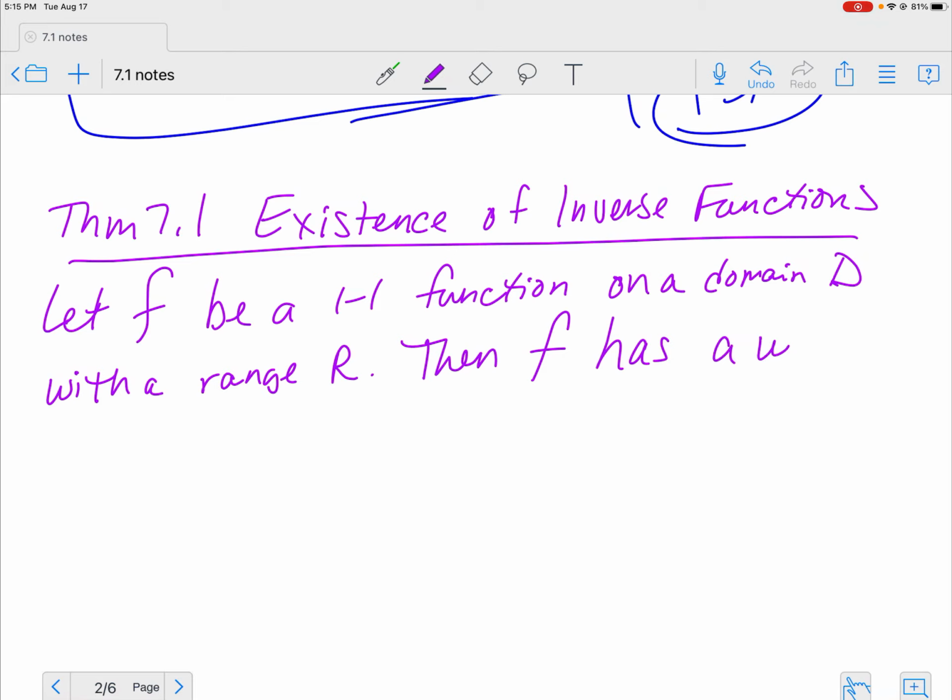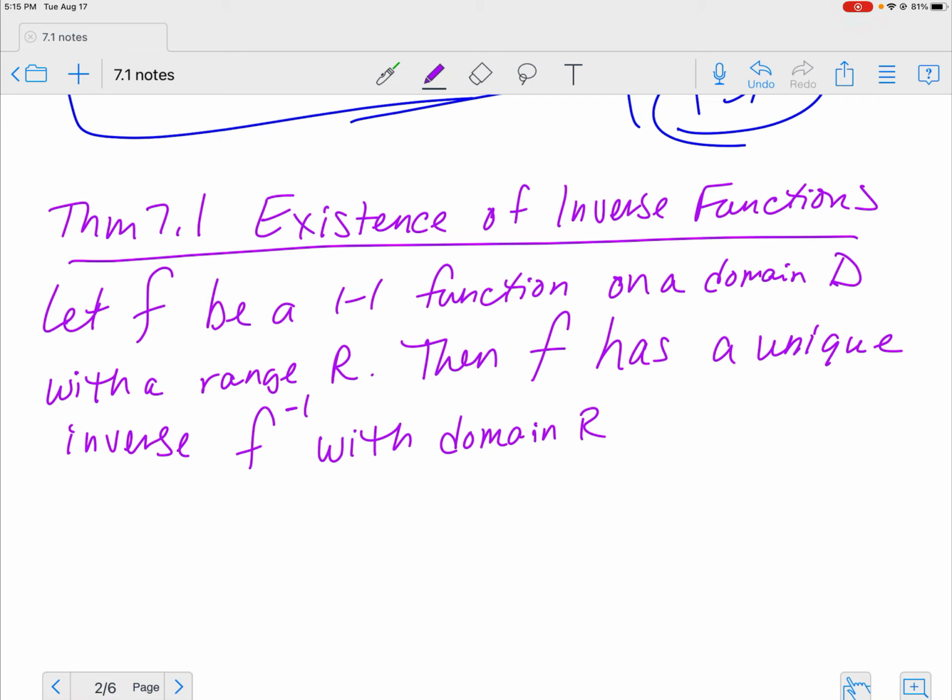F has a unique inverse. F to the little -1 power, that's the symbol for inverse. So f inverse with domain R and range D such that